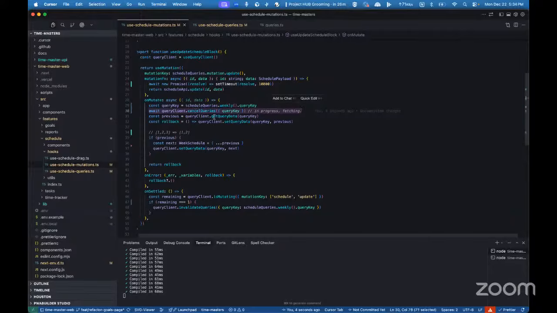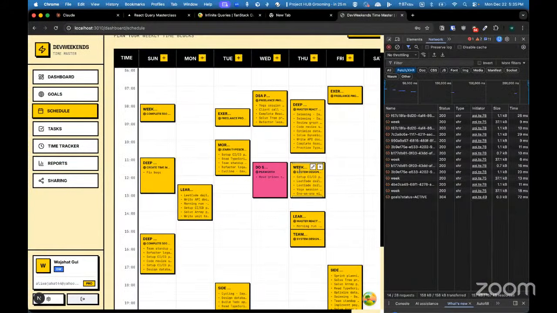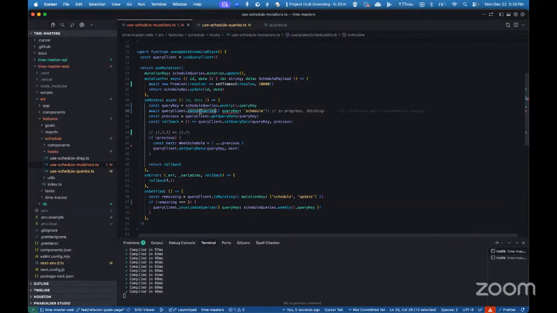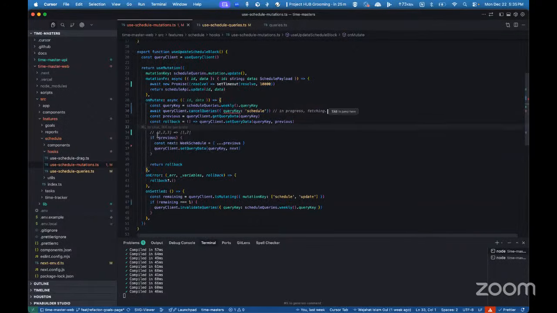अब कैंसिल क्यूरीज। इसको हमने एक क्यूरी की दी है, हमने कहा है अगर ये वाली क्यूरी इन प्रोग्रेस है, यानी स्केजुअल्स का कुछ डाटा बैकएंड से फेच हो रहा है, तो उसको कैंसिल कर दो भाई, अभी कैंसिल कर दो। बैकएंड पे 1 2 3 पड़ा है, हमने उसको 1 2 कर दिया।